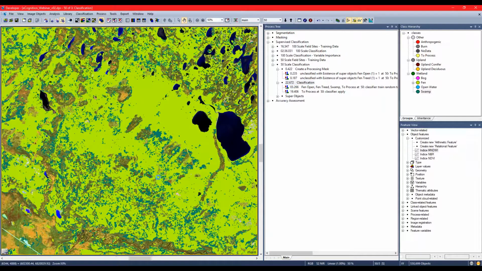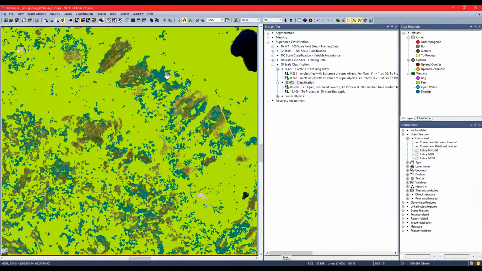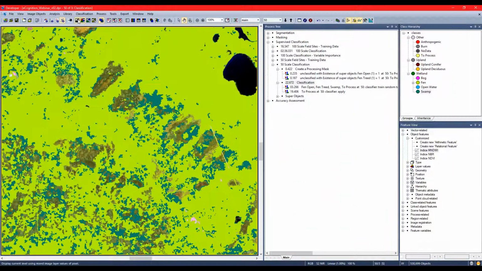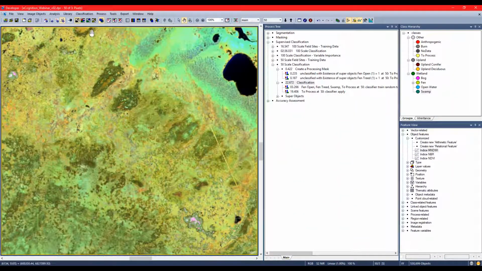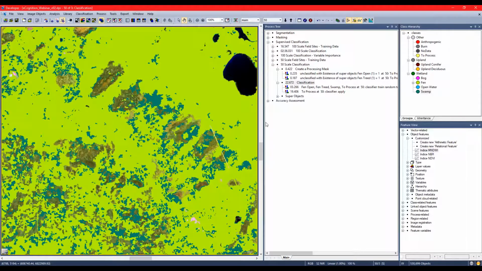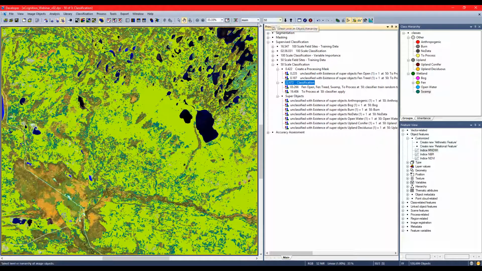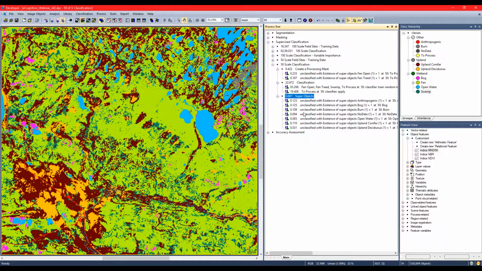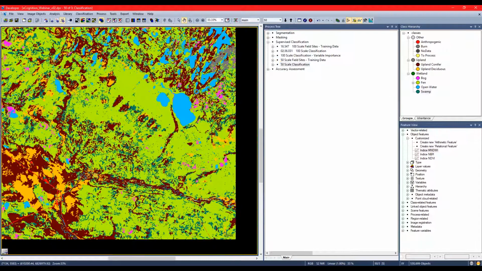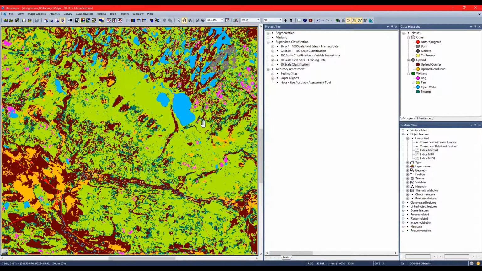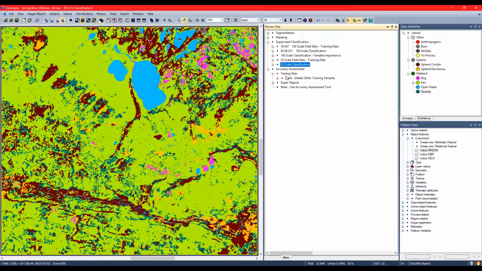So there you go. We've identified the teal swamp out of our fen. You can see it's these darker signatures here. Now our final step would be an accuracy assessment. So I'm going to pull down the information at the 100 level to our finer scale segmentation where we have no information. I've already set this up, so it's an assign class by super objects algorithm. From here, we can do an accuracy assessment, but first we have to